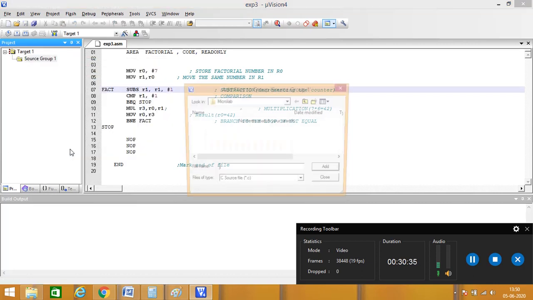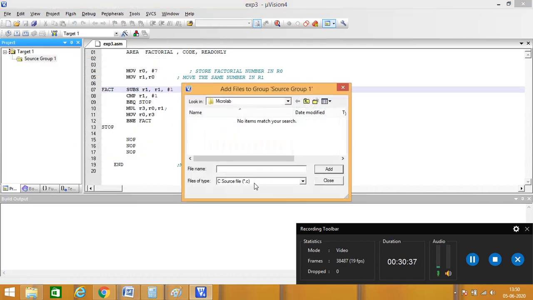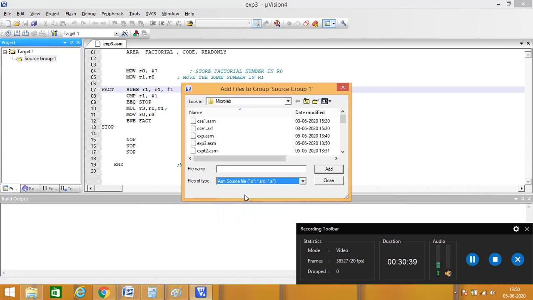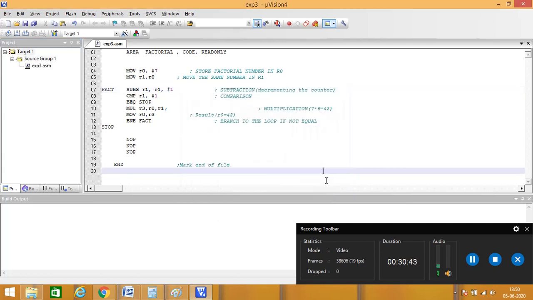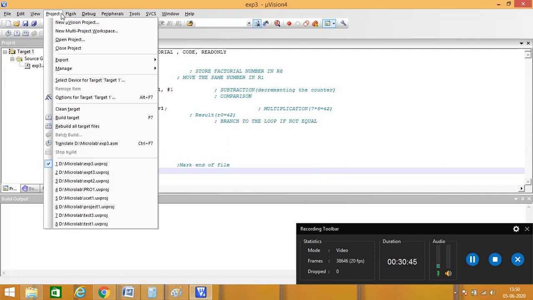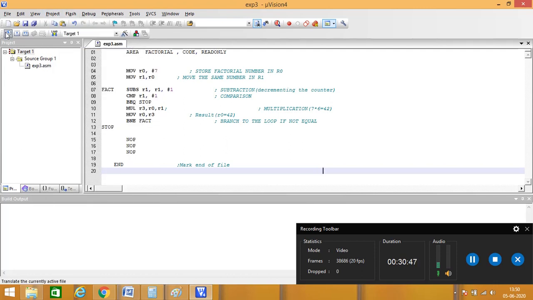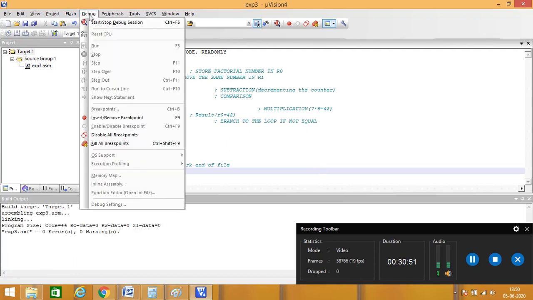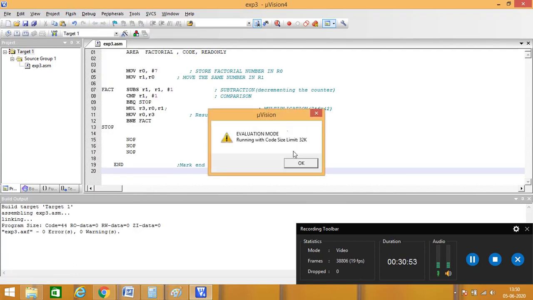Add files to group. Find exp3 and close it. Project, build. As you can see, there is no error. Start or stop debug session.